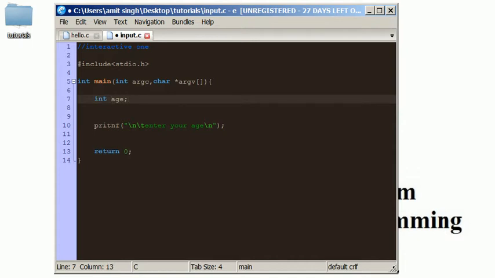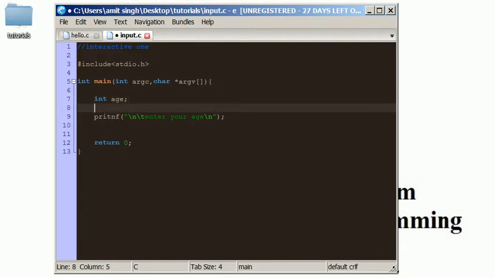So now age is an integer type variable which can store an integer value. These are of course numeric values, but they cannot store point values, means numbers like 6.2, 3.5. Any digit after the point should be ignored by this, because they are integers.